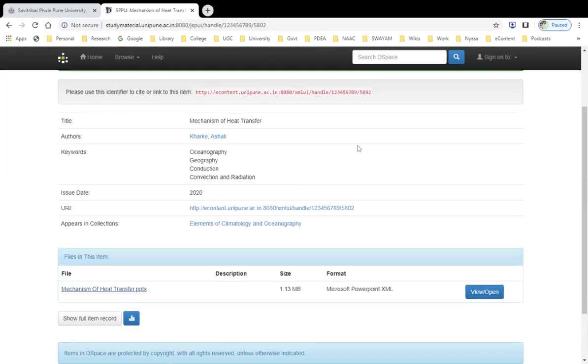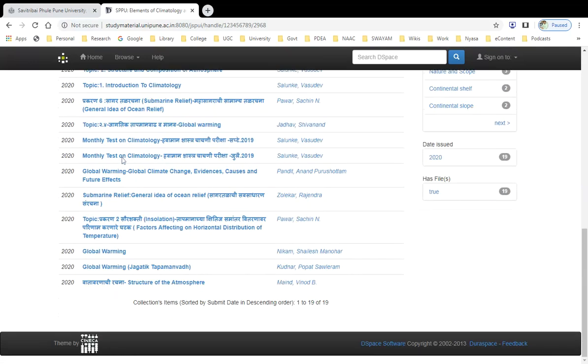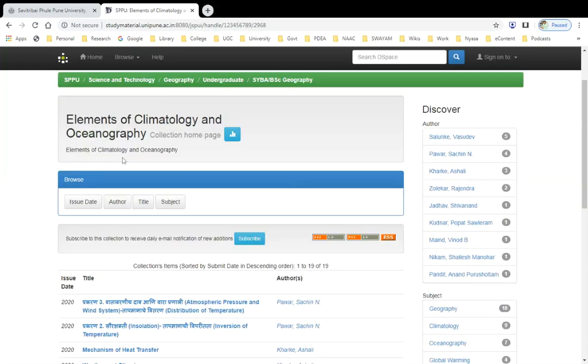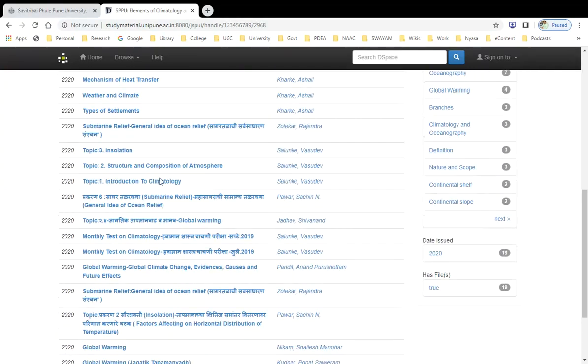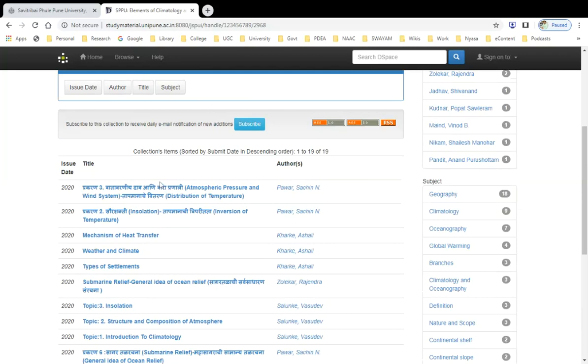After clicking on a collection, you will get the number of entries uploaded here for the intended students who have taken admission for these classes. They can access it from their mobile devices and computers, irrespective of time and place, at their own place, without going out of the home.